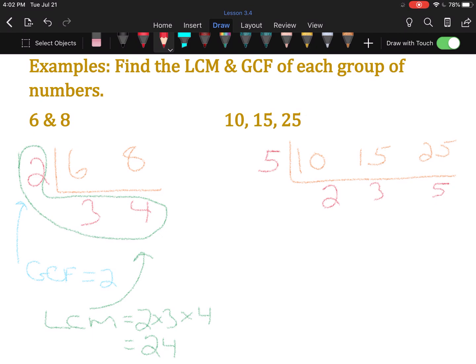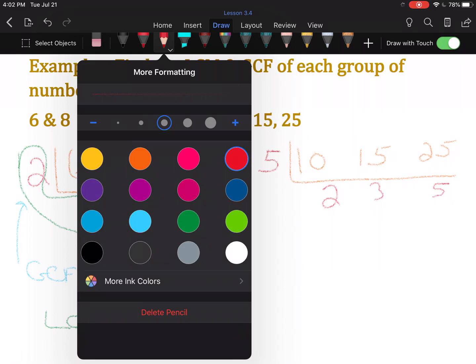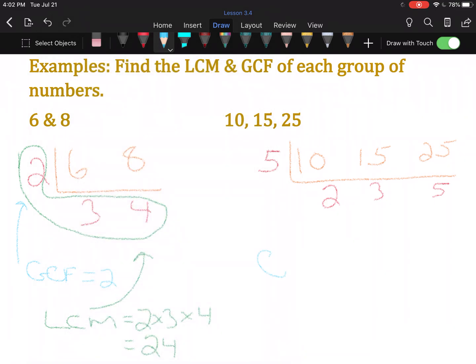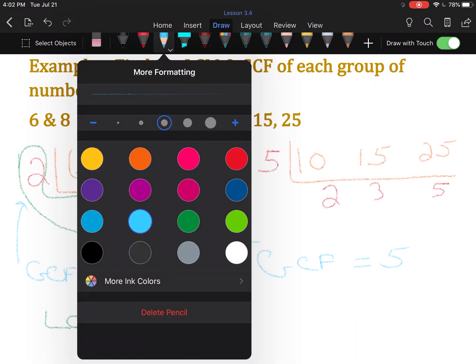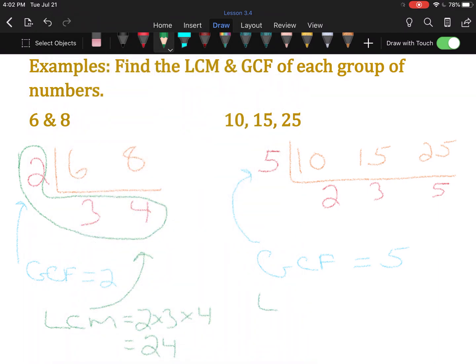2 is prime. 3 is prime. 5 is prime. Since all of these are prime, I know nothing else will come out. So now, what's the GCF? It's 5. It's the number by itself on the left here. And what's the LCM? Least common multiple? Well,